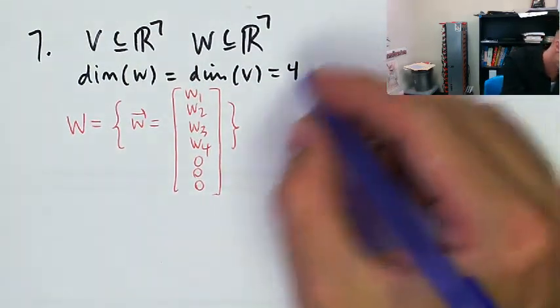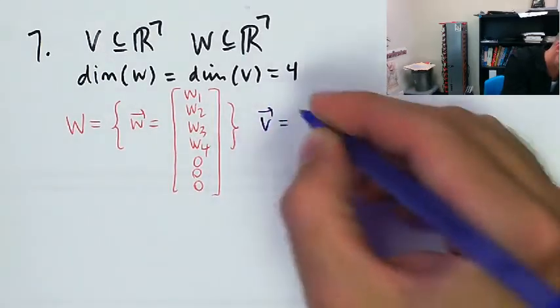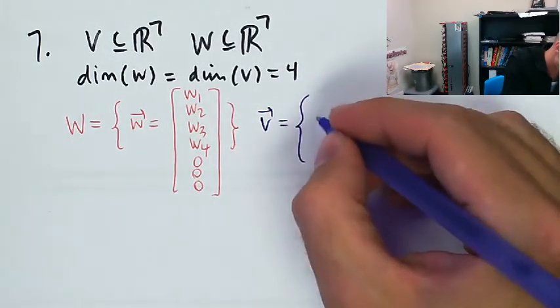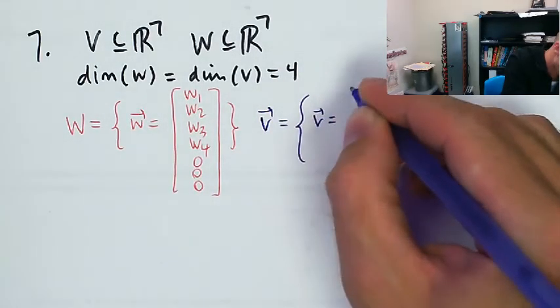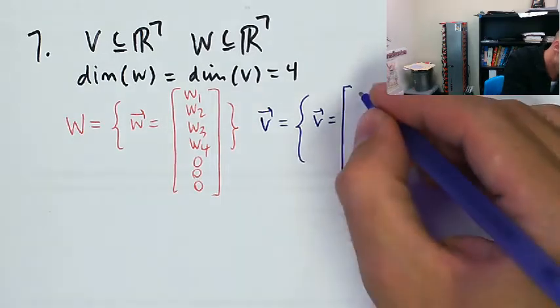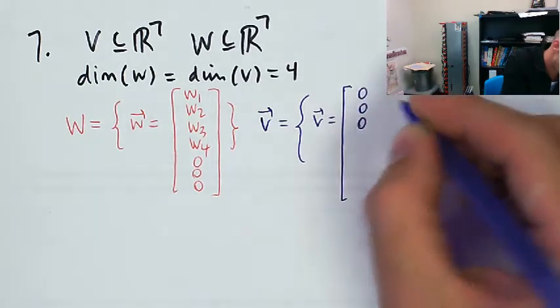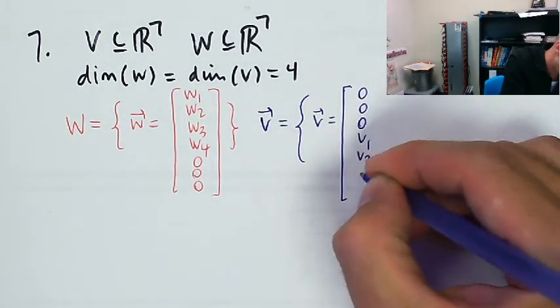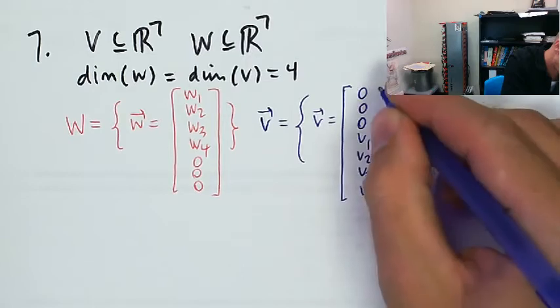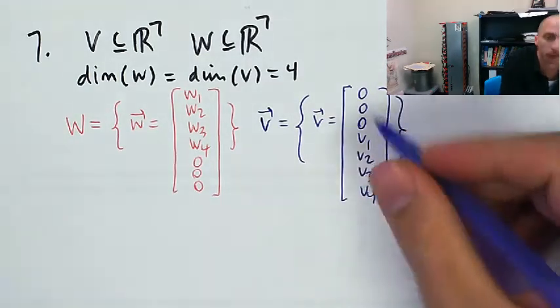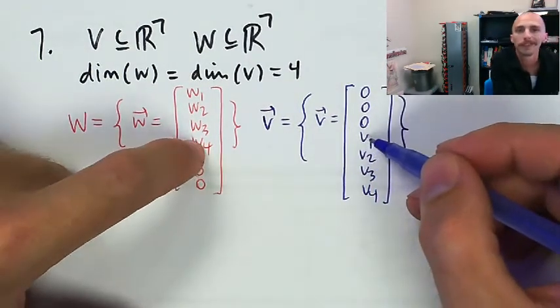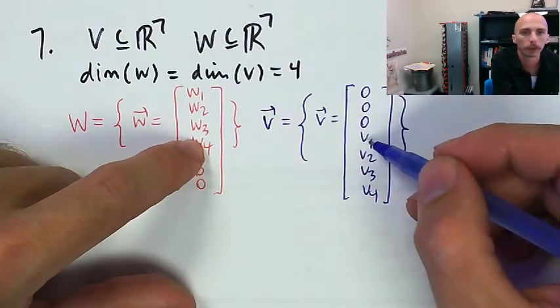V, I'm going to let be 0, 0, 0, V1, V2, V3, and V4. So I tried to separate them as much as possible, but still that 4th component is going to roam free,